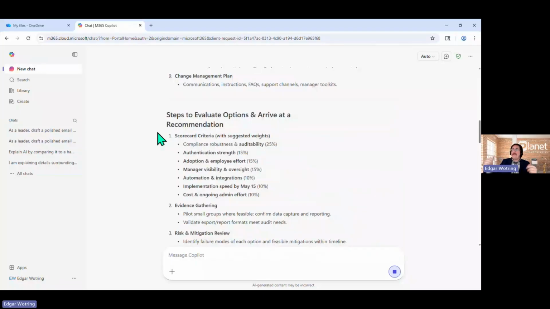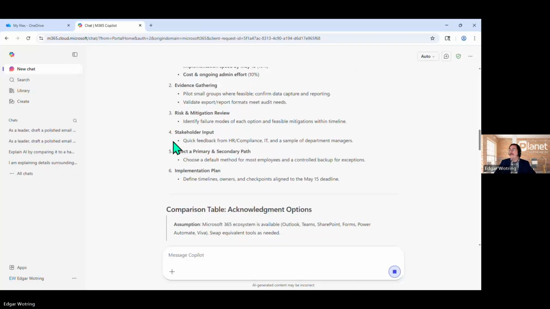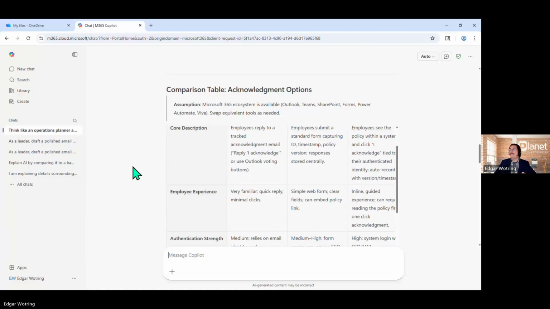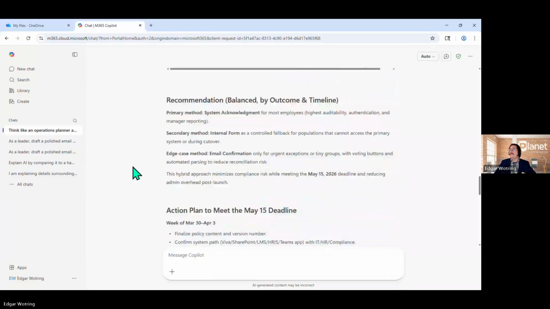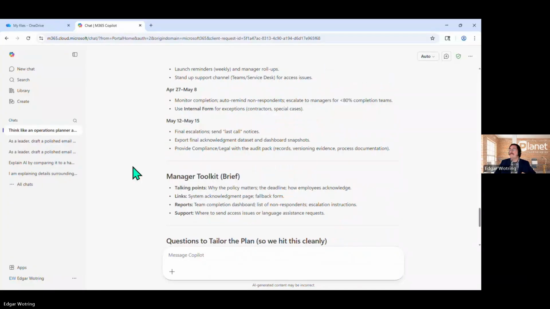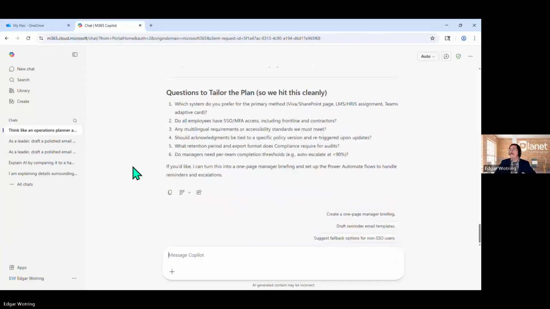Kind of its own ranking or scorecard here based upon the evaluation of all of those options. Let's keep scrolling down. As requested, there's that comparison table. And then its recommendation here. I should point out as well, we will have a few minutes at the end of our session today as well. So if there's any of these prompts that we provided that we need to revisit, or there's, of course, additional questions related to anything that we're covering today regarding prompting, we can always go back and revisit those.